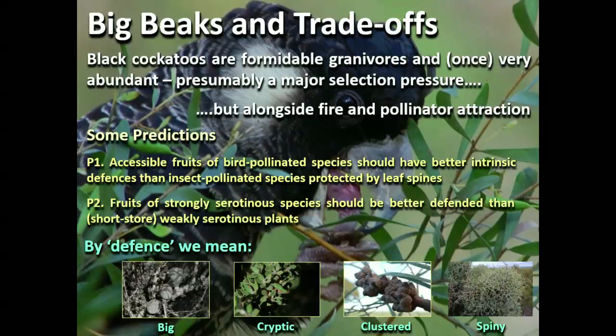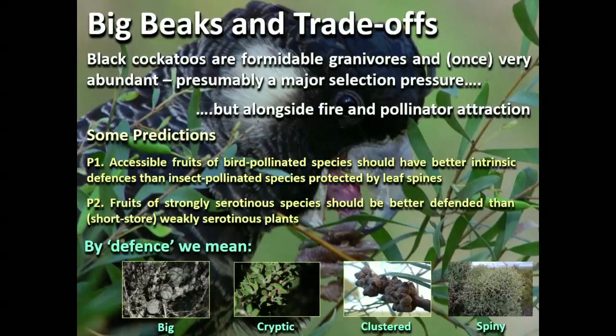So many seem to be mimicking foliage and hidden away like that. Clustered fruits are probably working in the same way as mussels on a marine intertidal shore. Lots of them packed together. It means that no predator can really get purchase underneath them to extract any one of those fruits. So they're very tough, and they're also clustered together as sort of self-defense.